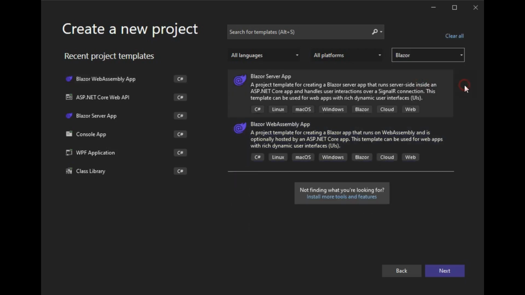You will see that we have two versions of Blazor: one is the Blazor Server app and one is the Blazor WebAssembly app. In this video, I'm going to go with the Blazor WebAssembly app